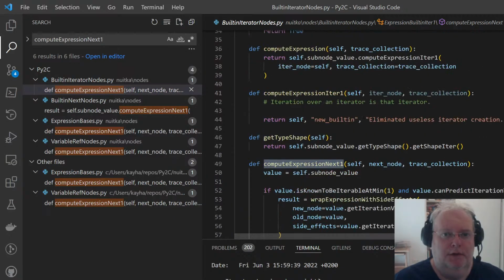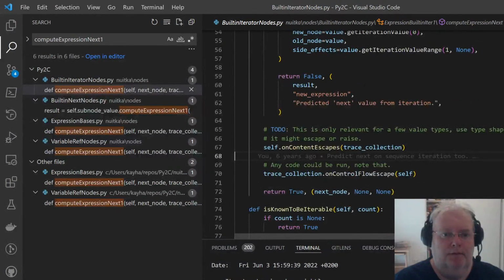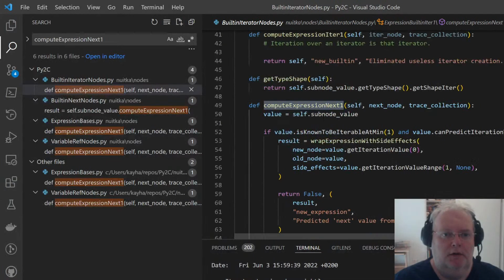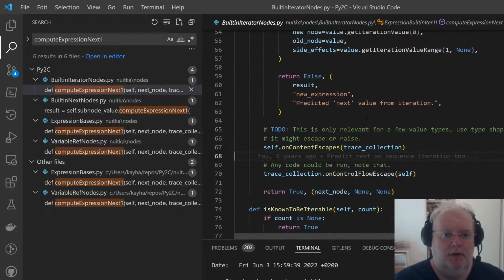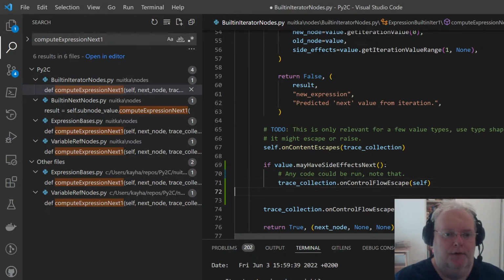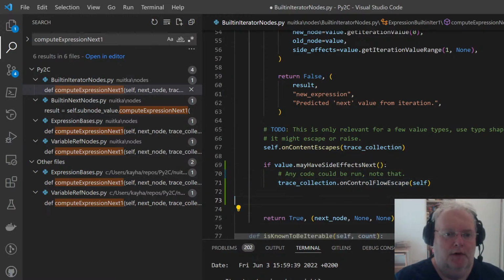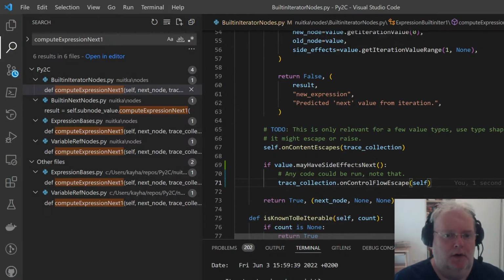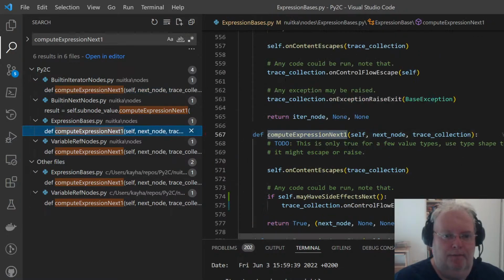I think, yeah, iter 1 has a value. This one does it.